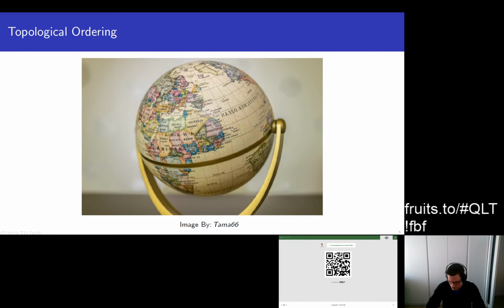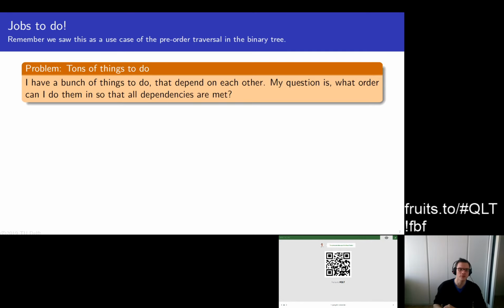So one of the questions is the shortest path question, but before we do, there is one more ordering, traversal isn't quite the right word, as we'll see in a moment, but one more ordering I want to take a look at. We call them topological orderings. So what's a topological ordering? Well, consider that you have a bunch of things that you need to do that depend on each other. Now I'm looking for an order in which I can do all of these jobs, all of these things, so that all of the dependencies are met.